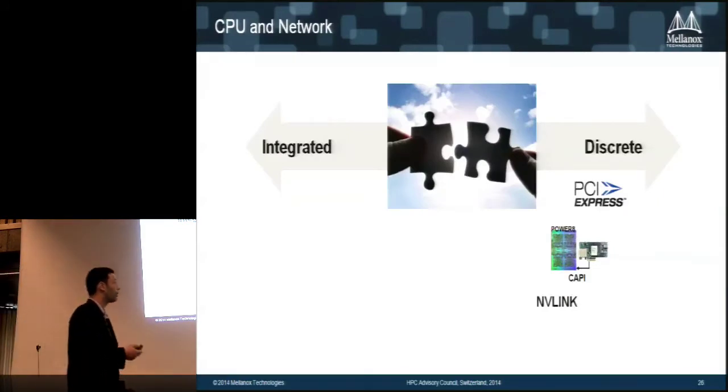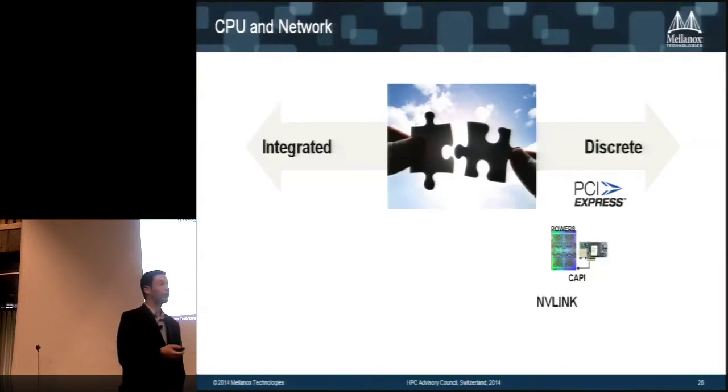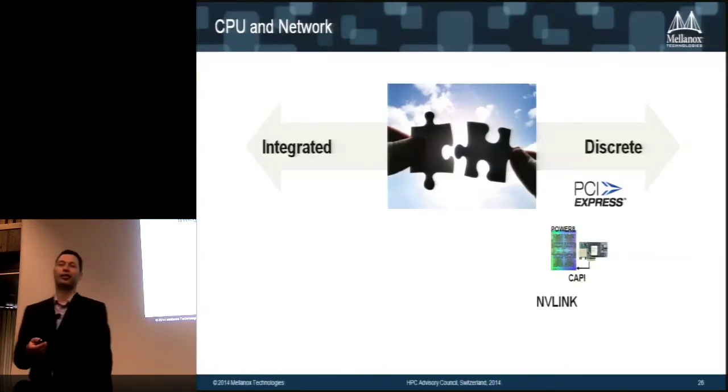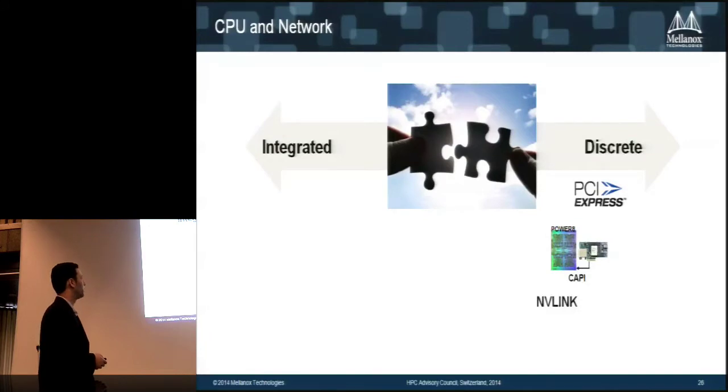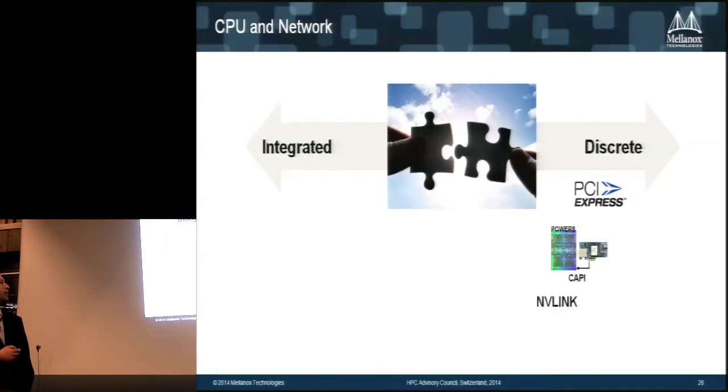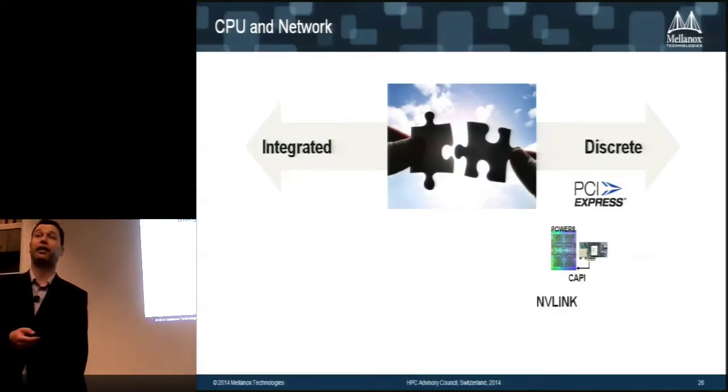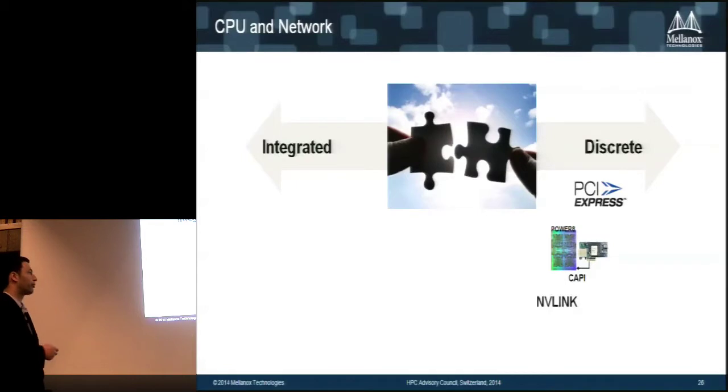So if you're looking forward to the new CPUs, I left this slide pretty open, because we're going to see the CPUs and the networking in so many flavors. They have to work well together, but they could come in different forms. One of the questions that comes to mind many times is, will they be discrete components or integrated devices? And the actual answer is yes, because there is room for both of them. Each one has its own benefits.